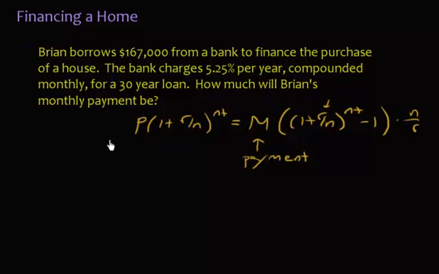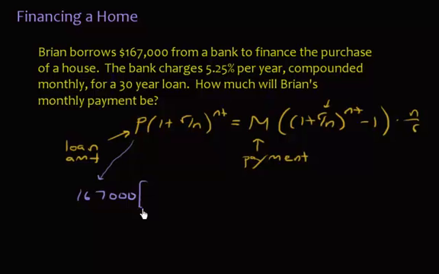P. If you've watched the annuity video, this was the present value, and it actually means the same thing again. It is the loan amount. So that's the loan amount, and I think we know everything else. So let's actually start plugging some stuff in here. We know the loan is 167. So P is